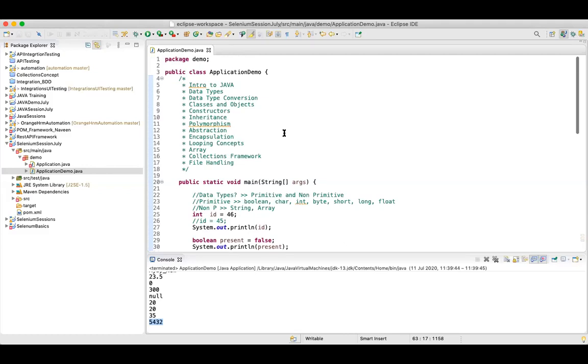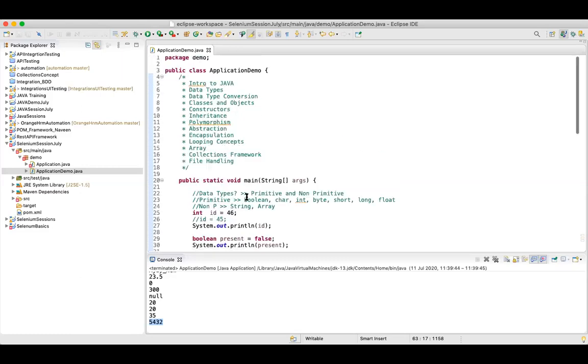So for homework, for practice purposes, what you can do is convert from the rest. For example, I have converted from integer to long. You can convert from integer to float, from integer to string, from integer to character. Each and every conversion, and even vice versa, string to integer and integer to string, is possible both ways. So have a look at both ways of data type conversion. There is a long list of data type conversions. Like we have 8 data types, so it would be around 20 different types of conversion, and we can try all of them.